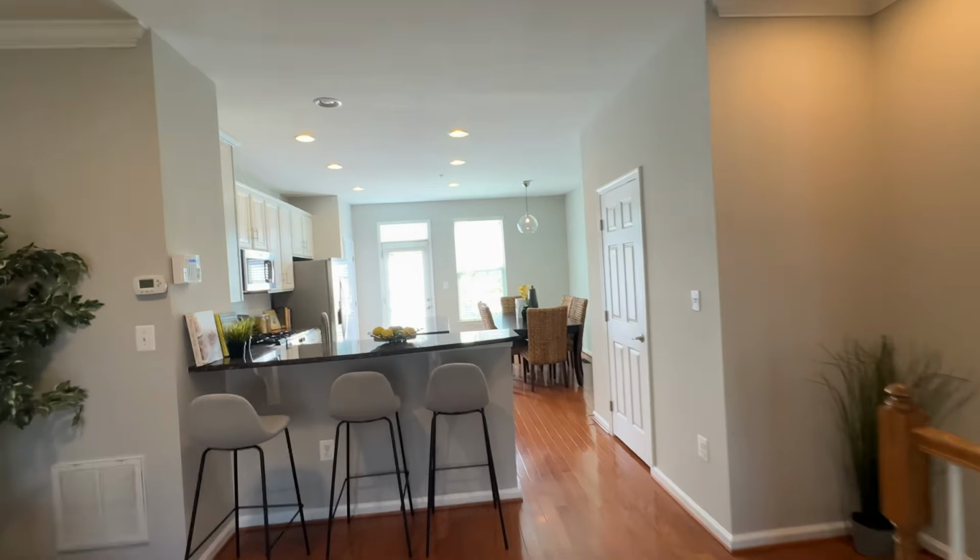So let's talk about the cost of ownership for this house at $600,000. Again, we're going to use a 5.99 interest rate and a 20% down payment. With 20% down at a 5.99 interest rate, your principal and interest payments are going to be $2,870, taxes $354 a month, insurance $107, and there's a small HOA fee of $107 a month. You add that all up, the monthly payment for this house is going to be around